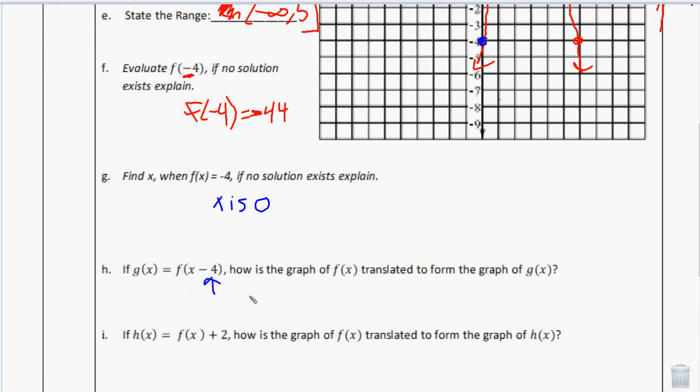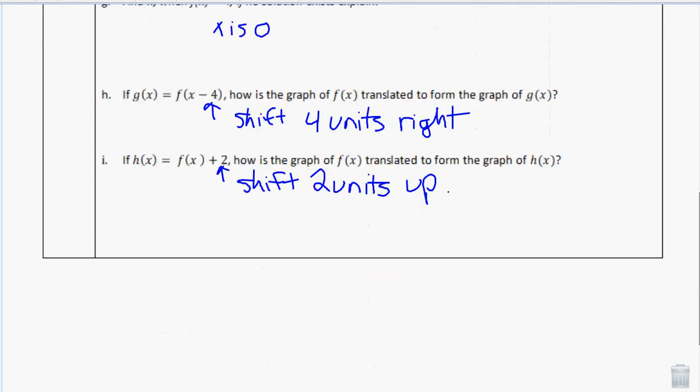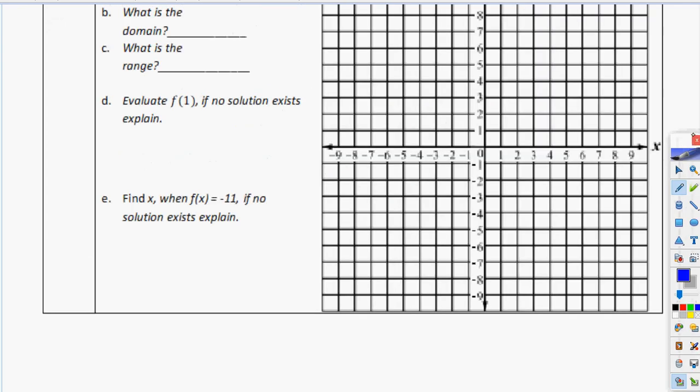This is a shift to the right 4. This is a shift up 2. And you really have to know about those shifts. And final page,